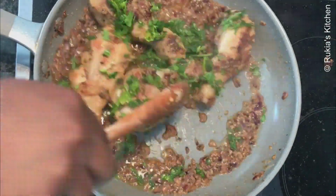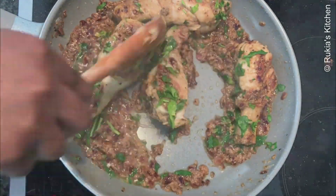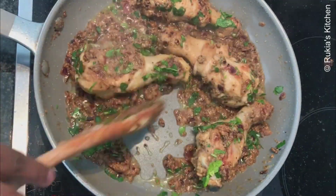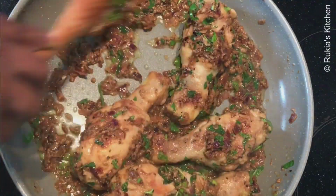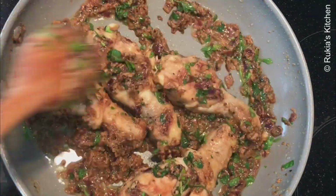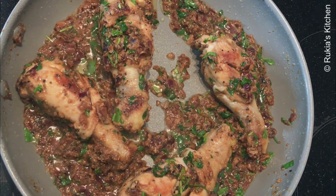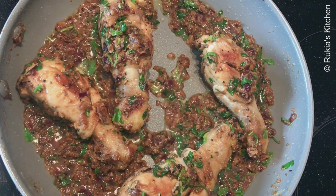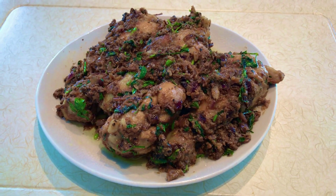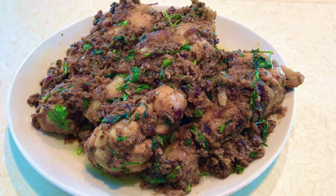Lastly, sprinkle a handful of coriander leaves and cook for another 2 to 3 minutes, and your black pepper chicken is ready. After 2 to 3 minutes, your black pepper chicken will look like this. Look how tasty and delicious the black pepper chicken is. And my tasty black pepper chicken is ready, as you can see in the video. Serve on a plate and you can eat along with rice, chapati, bread or anything you like and enjoy your